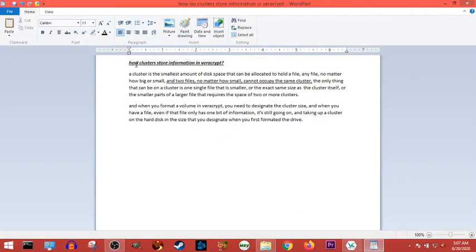So in this video, I'm going to be talking about how clusters store information in Veracrypt. A cluster is the smallest amount of disk space that can be allocated to hold a file, any file, no matter how big or small. And two files, no matter how small, cannot occupy the same cluster. The only thing that can be on a cluster is one single file that is smaller or the exact same size as the cluster itself, or the smaller parts of a larger file that requires the space of two or